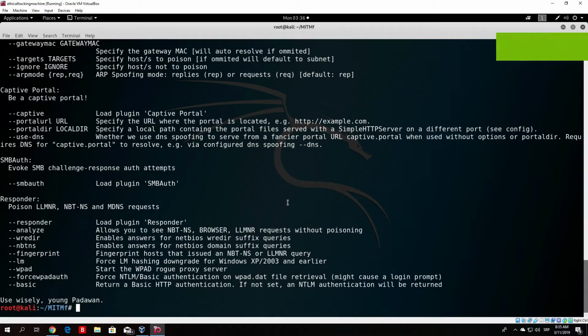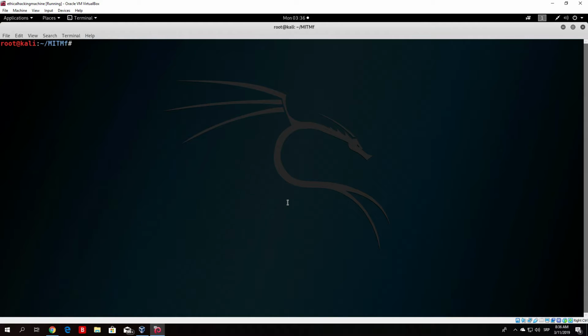In the previous video I showed you how you can install the tool correctly with the programs it needs, and right now we are good to go and we should be ready to run our first ARP spoofing attack on this tool. Now if we type here, let me just clear the screen and type once again mitmf,